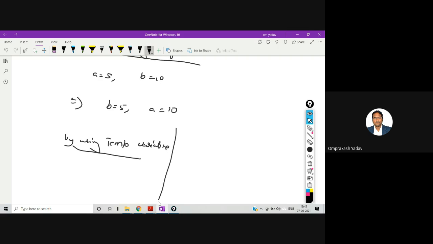Second, without using a temporary variable. So let me explain this in two different ways.